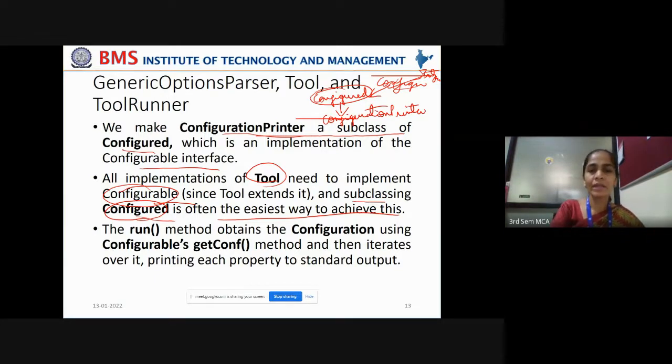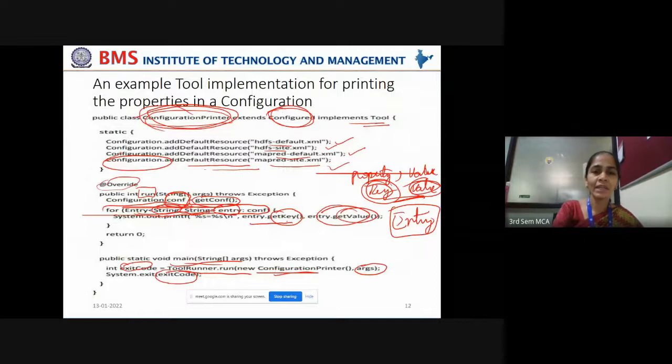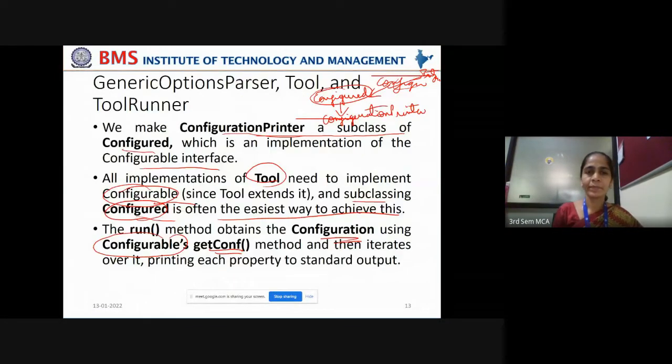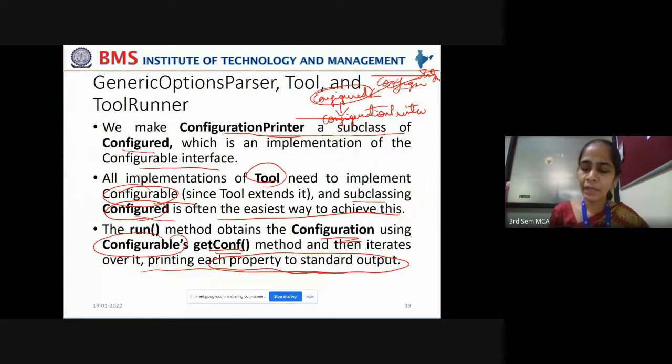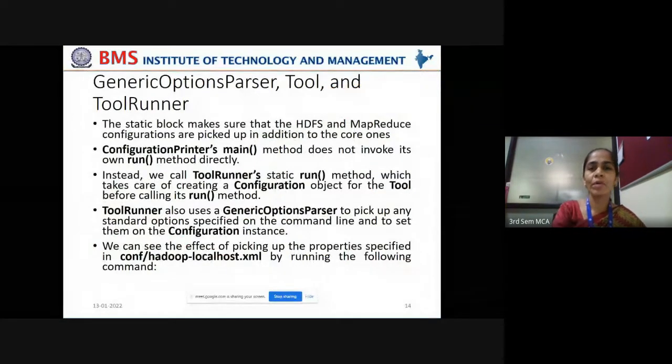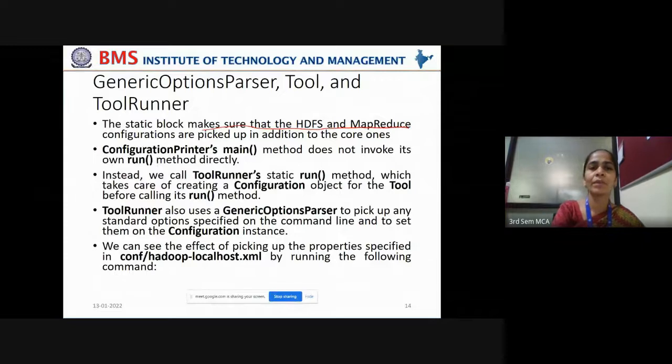So the run method obtains the configuration using Configurable's getConf method. That is what we have seen here, right? Using the getConf method, you are getting the Configuration object and then iterating over it, printing each property and its value to the standard output. That is what I have explained. Now, the static block makes sure that the HDFS and MapReduce configurations are picked up in addition to the core